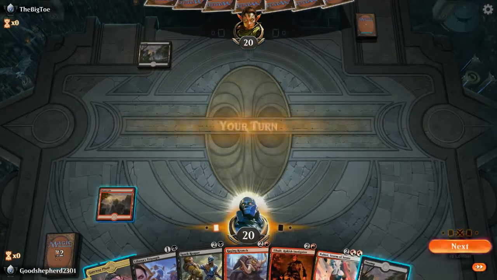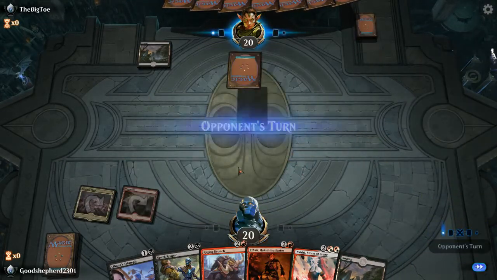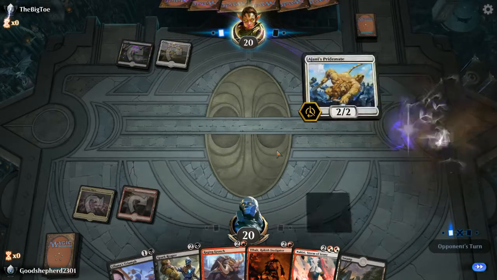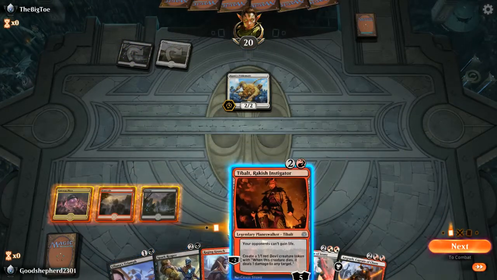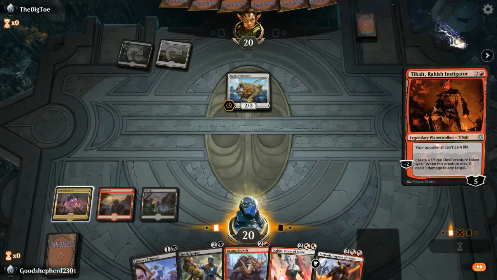We are more than 50% to draw a land, but... and we drew it, so... Probably play Tibalt first. No, we'll play Spark Reaper first. Yes. No, I'm gonna play Tibalt first. I suspect...